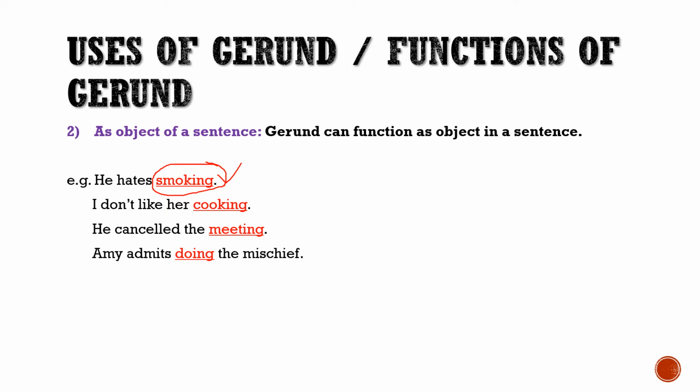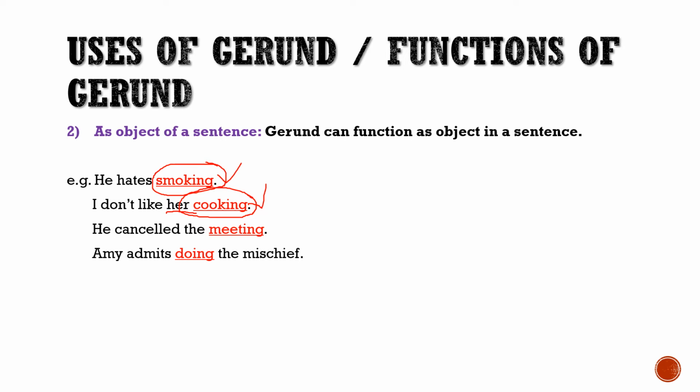I don't like her cooking. We have added ing with the base form of the verb cook and it has become a noun and it is a gerund and it has taken the place of object in this sentence. এখানে দেখো like ভার্বটির অ্যাকশনকে রিসিভ করেছে কুকিং। এই জন্য কুকিং এখানে একটি অবজেক্ট।